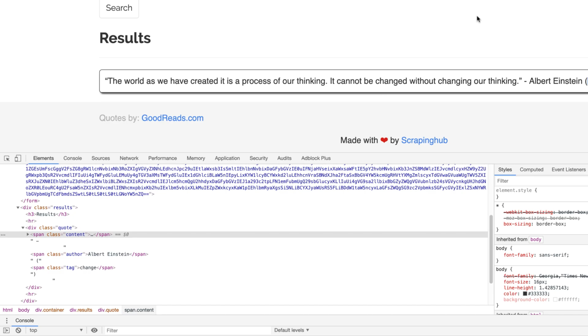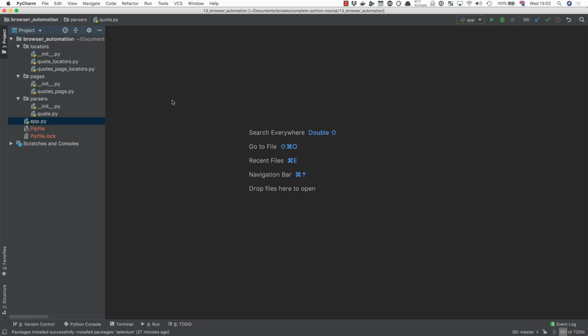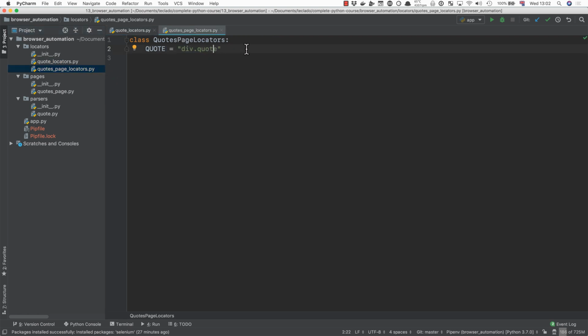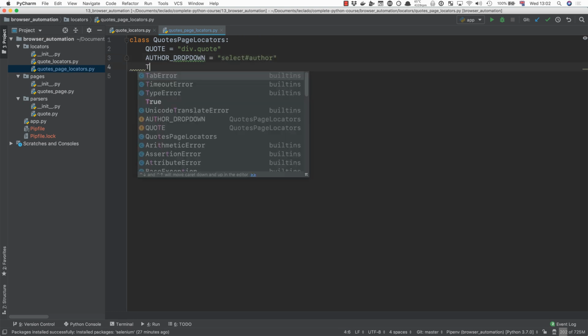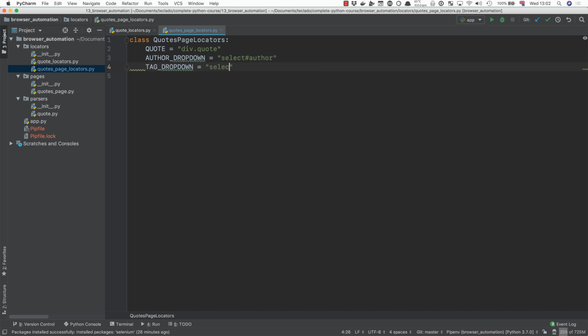Let's go back to PyCharm and note these down. Back in PyCharm, I'm going to open the quote locators and the quotes page locators, and we're going to add a couple of things here. The author dropdown is going to be a select with ID of author. The tag dropdown is going to be a select with ID of tag. And the search button is going to be an input, which I'm actually going to use single quote, an input